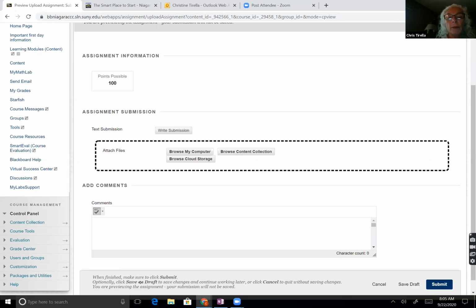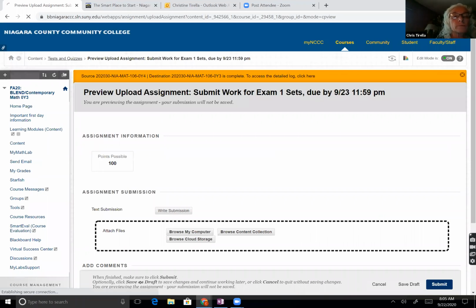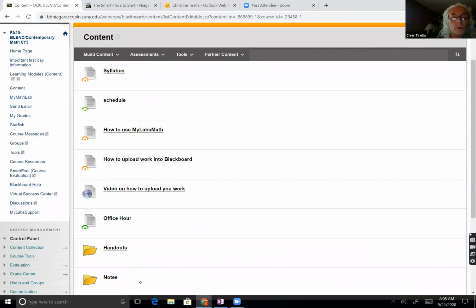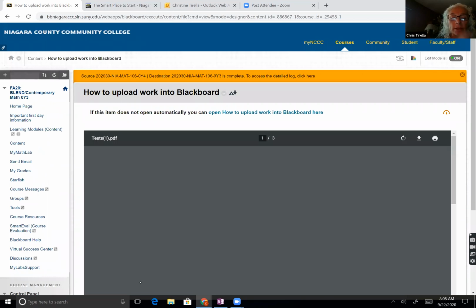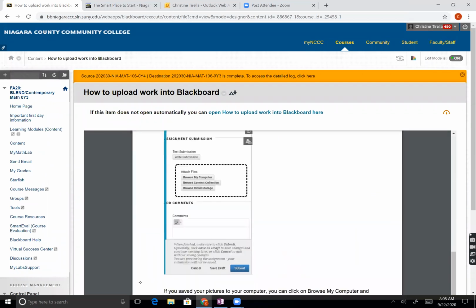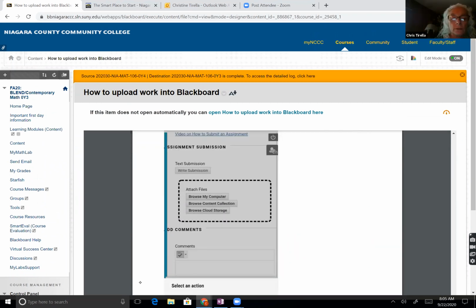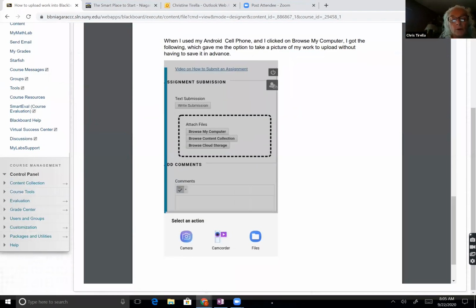And if you open Blackboard on your phone, when you hit that browse my computer, what you get is a screen that looks something like this. You can click on the icon for your camera or your gallery, and your phone will immediately take